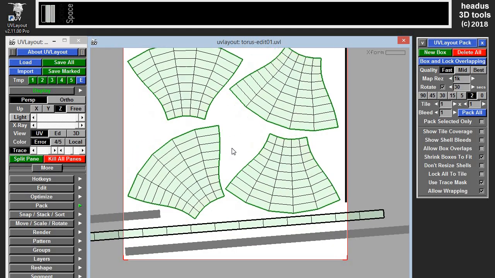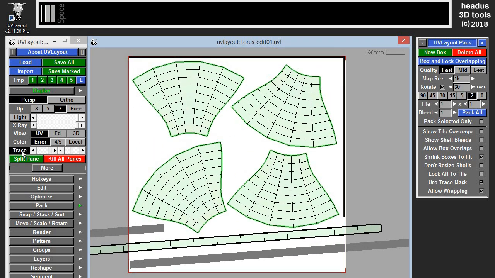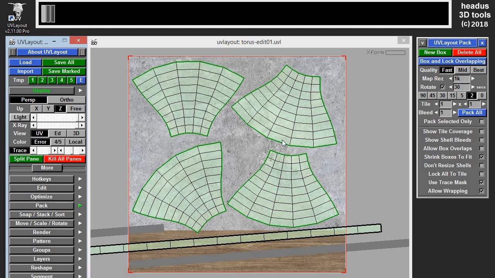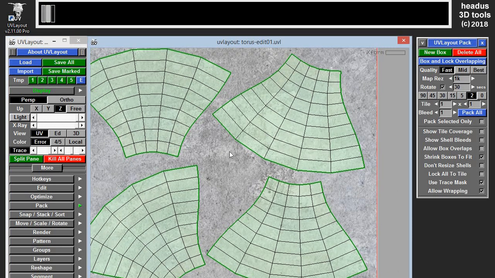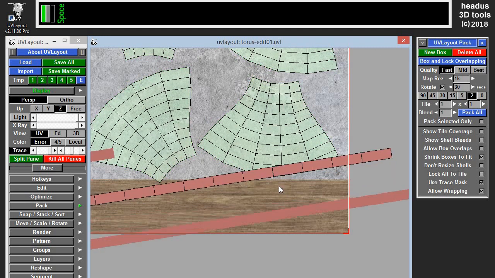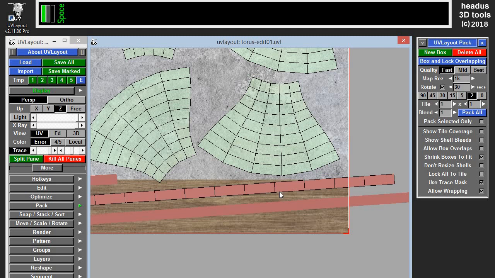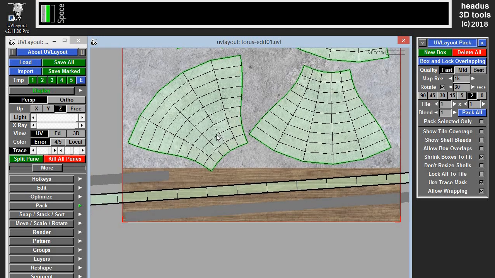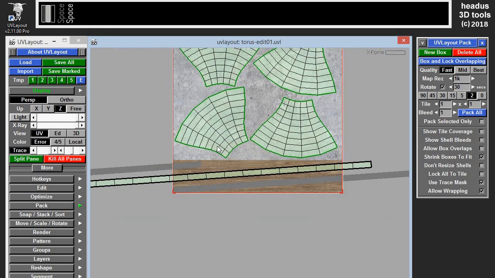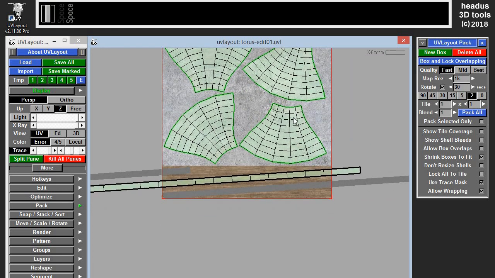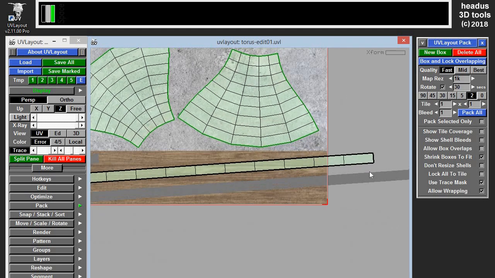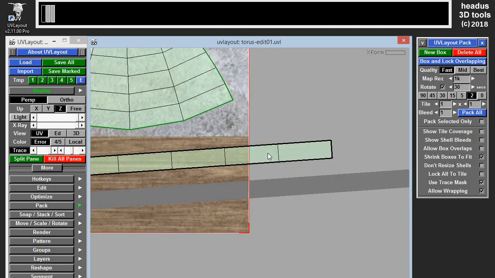So then if I load our wood and concrete one there, we've got all these things in the concrete section and this one down in the wood. I might just tweak that by hand a bit, just so it's within the wood, and I can move that one so it's in the concrete. So we've packed that now with wrapping, and if I just demonstrate this, I select